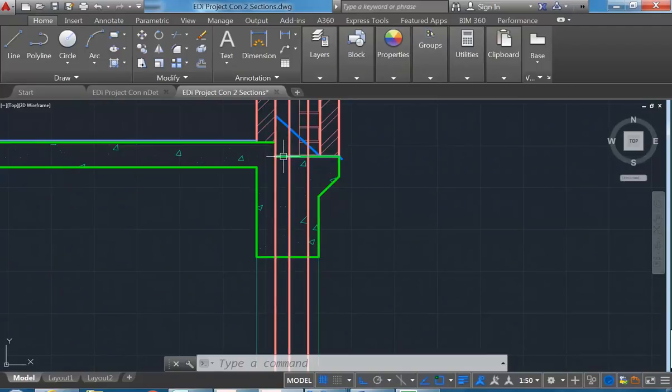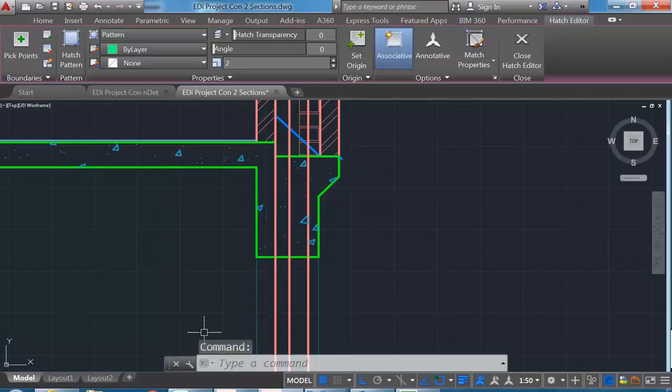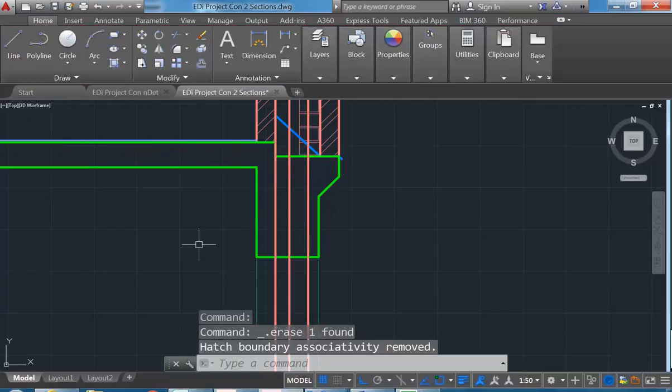So the slab, for example, will use a lot of the same dimensions, but because I'm going to be changing it pretty substantially, it's often a better idea, rather than trying to change it the way that I did before, to just delete the hatch. And this is where I find a lot of people have problems when they're trying to edit things in AutoCAD, making it too hard for themselves by trying to use all of the more advanced features that you have now. Often it's easy just to delete things that are going to cause problems, so the hatching definitely would cause problems there. And then to work out where that beam goes,